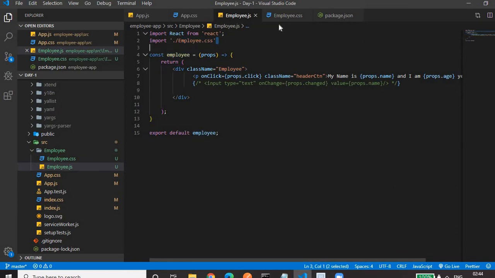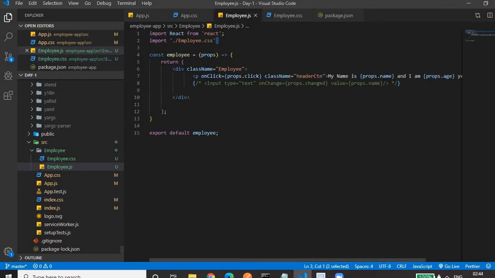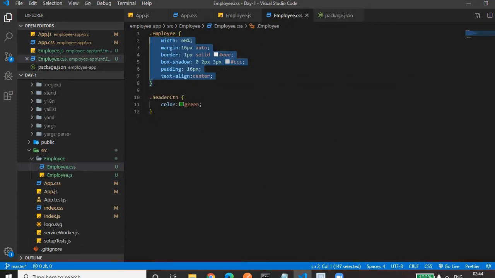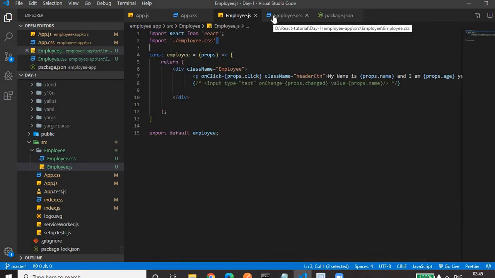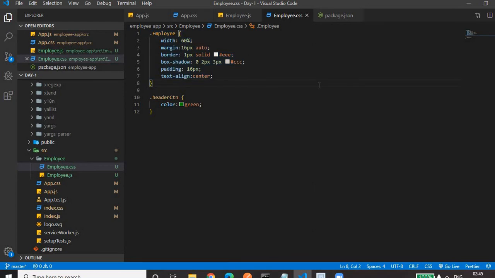It does not mean that whatever CSS we have written will only be applicable to this file. No, it does not mean that. Actually in React.js, every CSS is global CSS. So even though we are declaring the employee class here and using the employee CSS only in this file, if we use the employee class in the app or any other component, then the same CSS can be applied to the app component also. Everything is global because it's a single page application. We'll see how we can prove that.